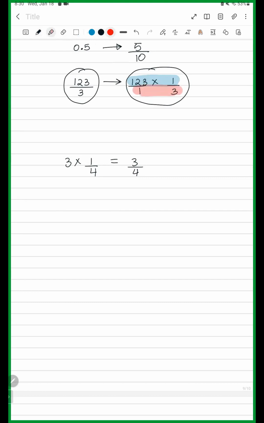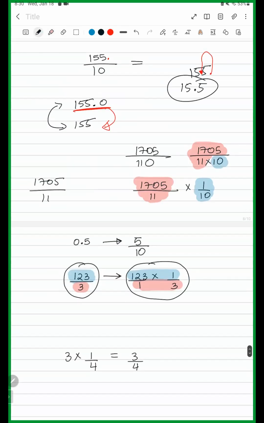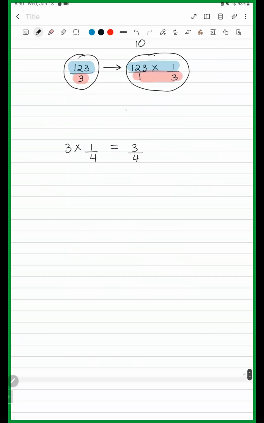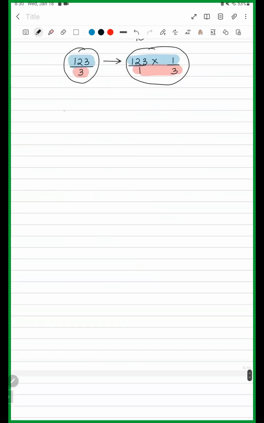So they are, when they are being multiplied, 3 into 1. तो हमारे पास क्या आ रहा है? न्यूमरेटर में देखो, 123 multiplied by 1 क्या आया? 123. डिनोमिनेटर में 3 into 1 क्या आया? 3. समझ में आया? Yeah. So now do you understand how this is happening? That if we had some number